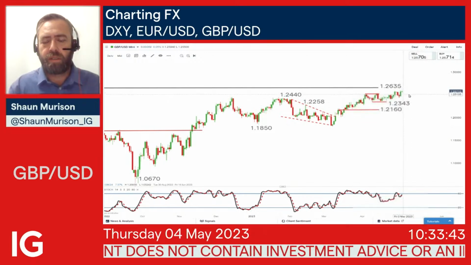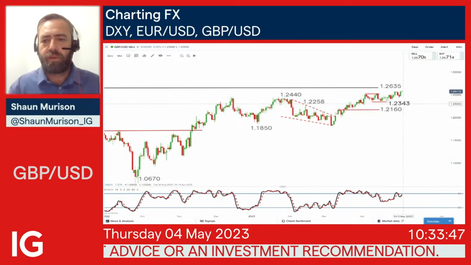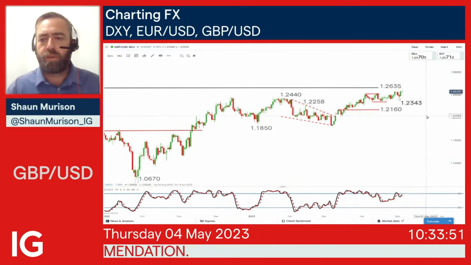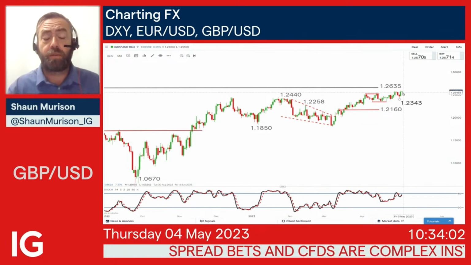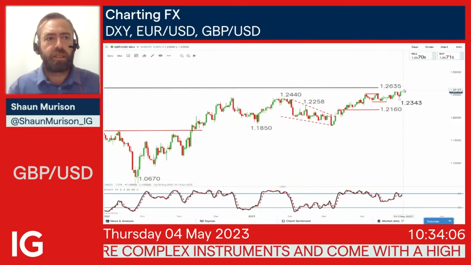We had quite a strong candle yesterday, obviously that dollar weakness. If we do get a pullback, our first level of support, we would consider looking for long entries somewhere about that 1.2343 mark. I think the tricky one here is the next level of resistance is quite close to the price, so probably not the greatest risk,